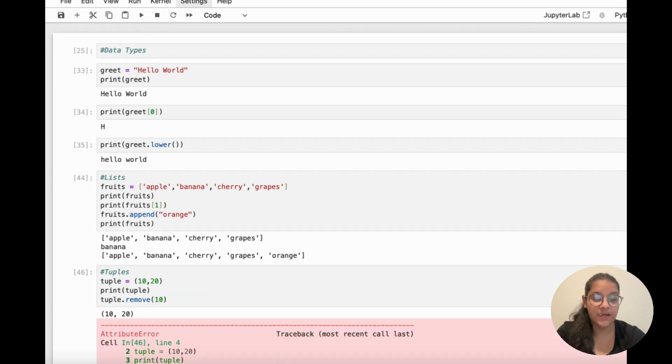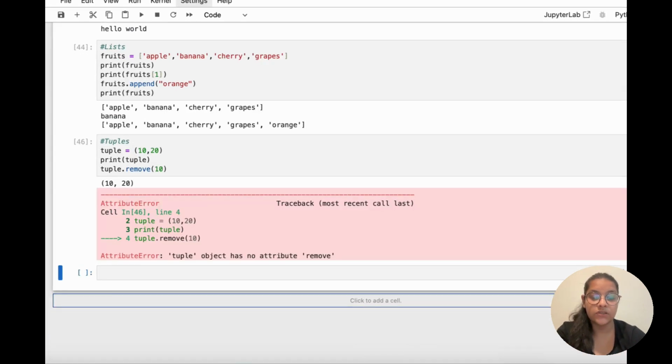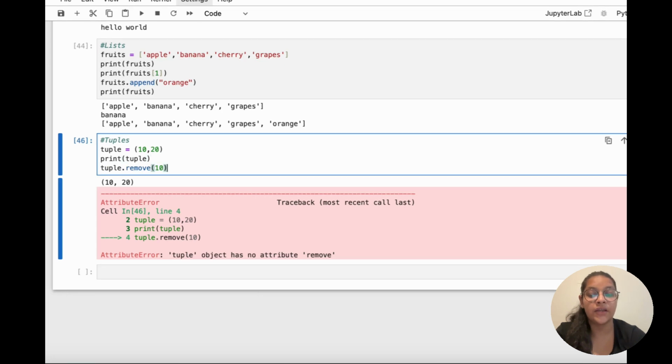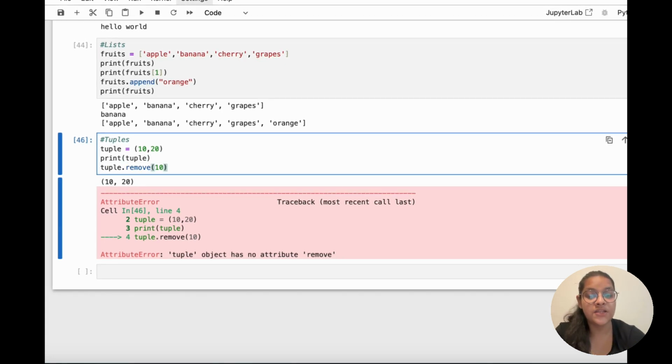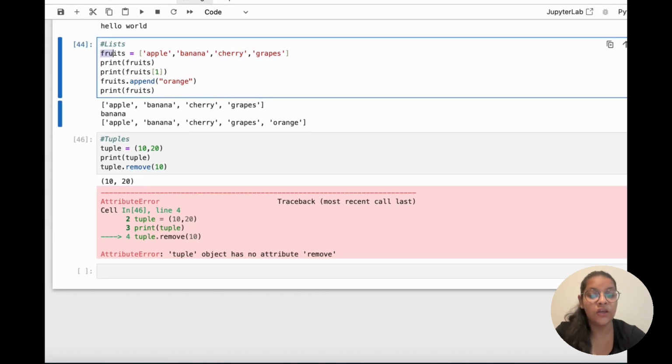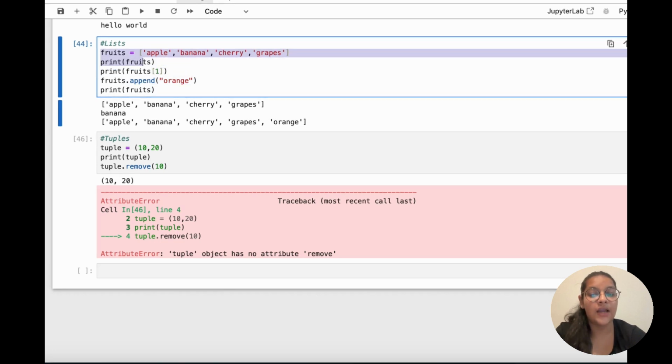See, it's giving us an error: tuple object has no attribute remove. It means we cannot remove anything from a tuple, or add anything to a tuple once it is created. So this is all about list and tuples. We'll discuss them in detail in a new video where list and tuple will be the only topic.